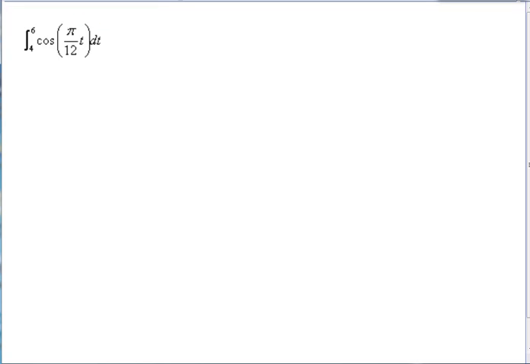On this one, you can see, if this was just cosine of t, we could integrate right away, but there's a function inside. In this case, the function inside the trig function is pi over 12 t. So if we say u equals pi over 12 t, again, it's a definite integral, so that we don't forget, let's go ahead and first convert our lower and upper limits. Substitute in the 6 and the 4. These are right now in terms of t, we want it in terms of u. So if we substitute in